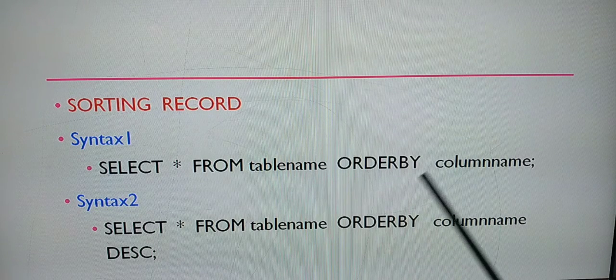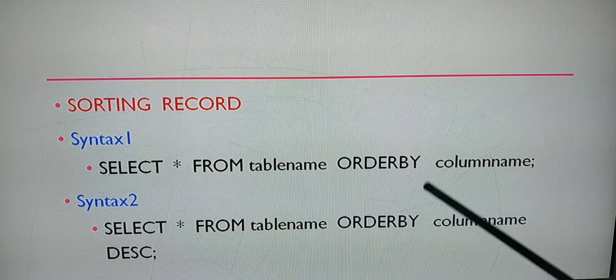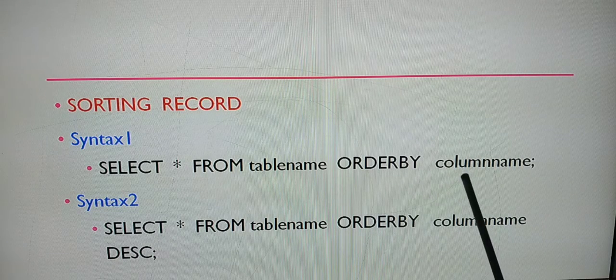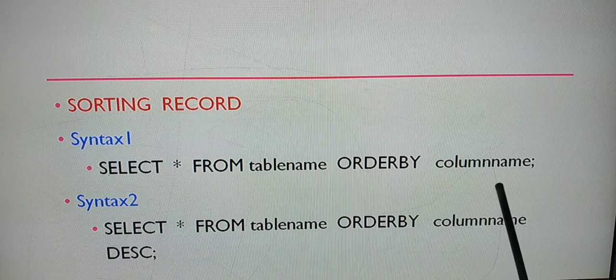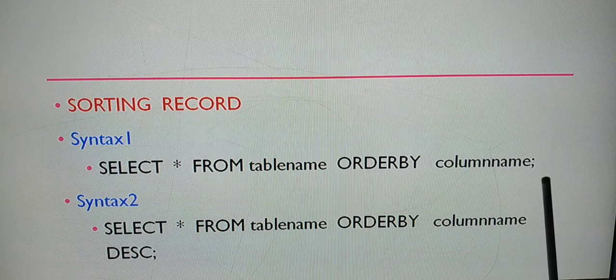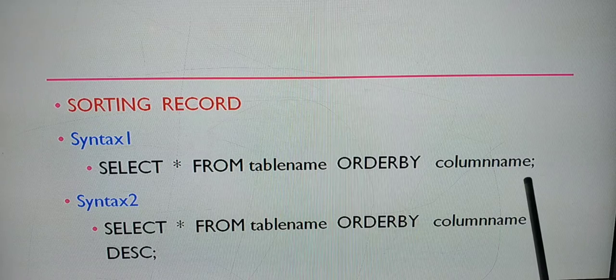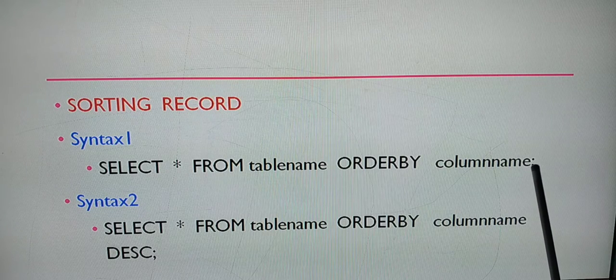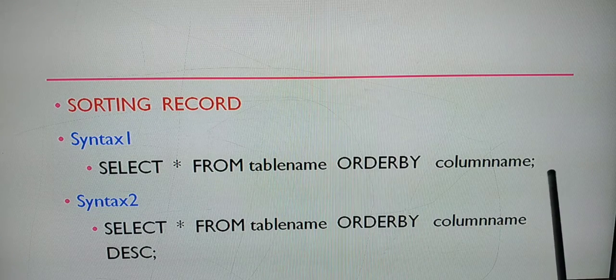Order by: based upon which column you are going to order it, specify that here. Next you have the column name, and it must be terminated by a semicolon. Here you didn't specify ascending or descending, so the default is ascending for you.